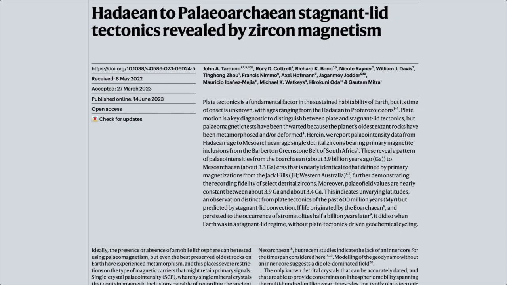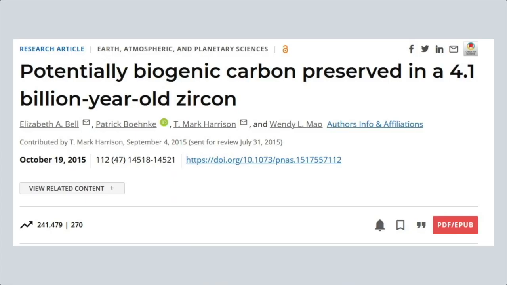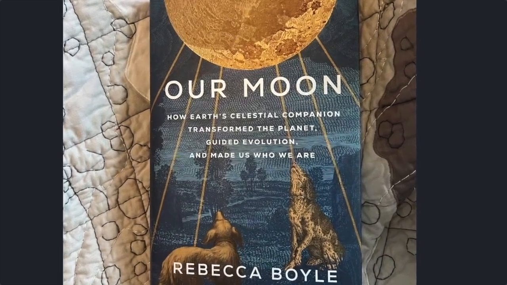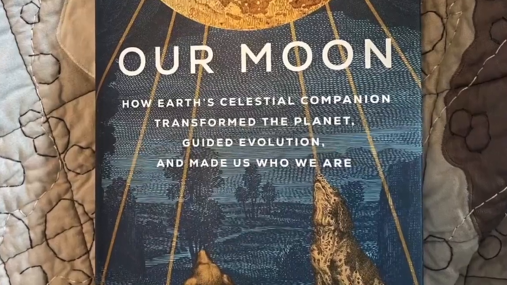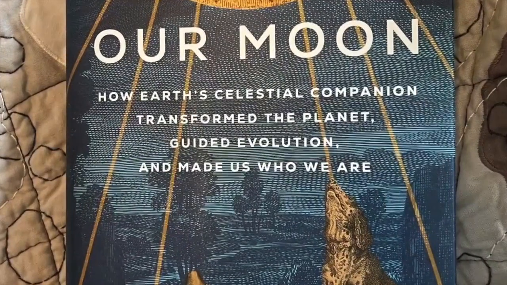Like most technical papers in the scientific journals, neither Tarduno's paper nor Bell's paper are easy for non-specialists to read. Anyone wanting to know the nitty-gritty can refer to the papers I've mentioned. For the non-experts, I'd like to read what Rebecca Boyle wrote about what these papers say in understandable language. She's the author of a book on the moon and a science writer skilled in conveying technical papers in language